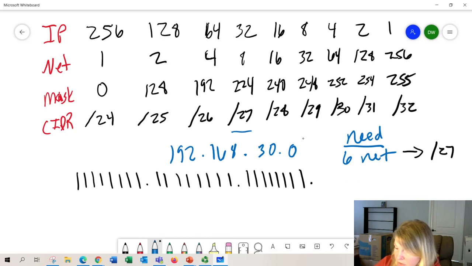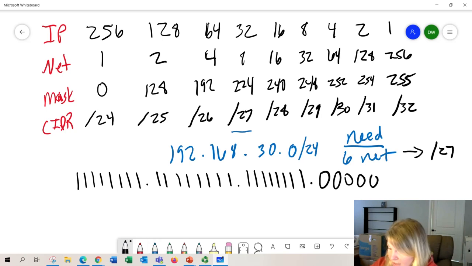All right, so let's just assume we started with a /24. They said, here's your address, or here's your network range that you have to work with. And within my area, I know I need to separate this into 8 networks, or 6 networks at this point. I'm going to have 2 left over. But I've been given this address range, and I need to split it into 6 different networks at the very least. So if I'm starting with a /24, 1, 2, 3, 4, 5, 6, 7, 8,